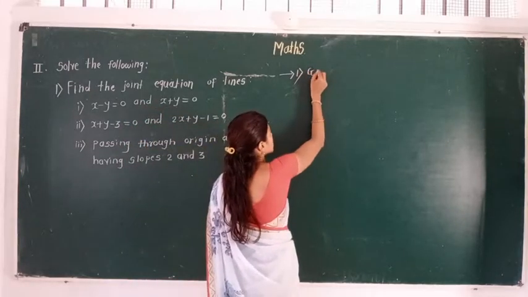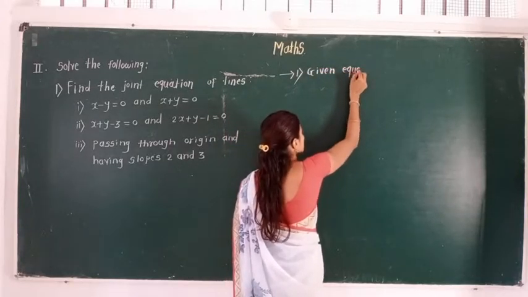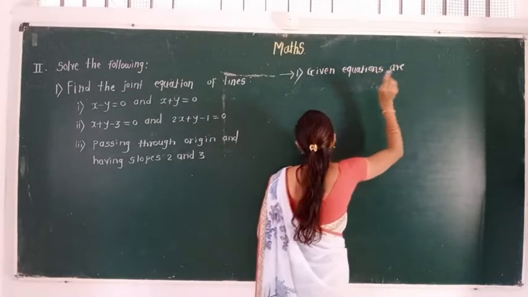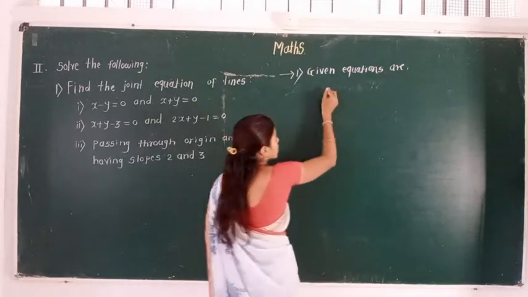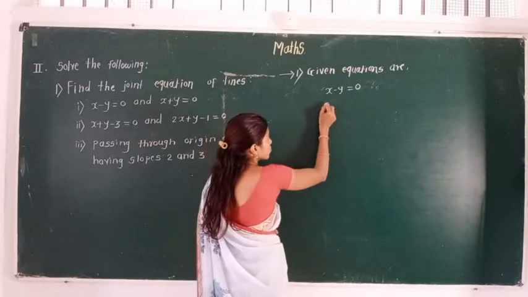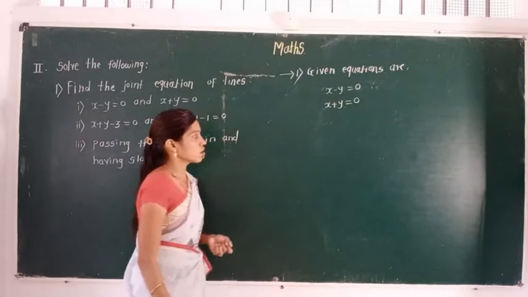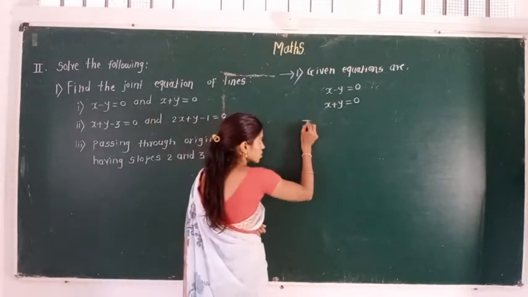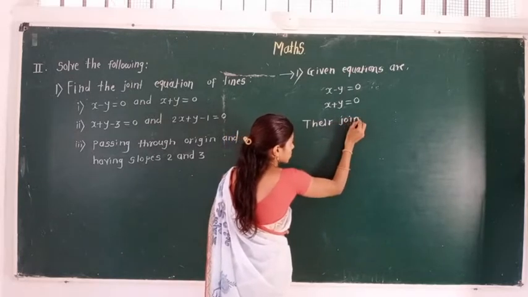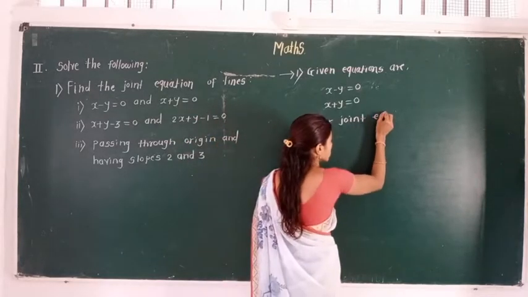Okay, now the given equations are: the first equation is x minus y is equal to 0, and the second equation is x plus y is equal to 0. Okay, now to find their joint, it means their combined equation,